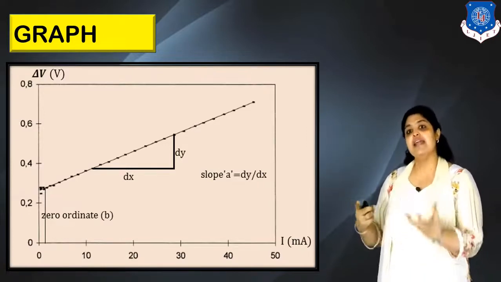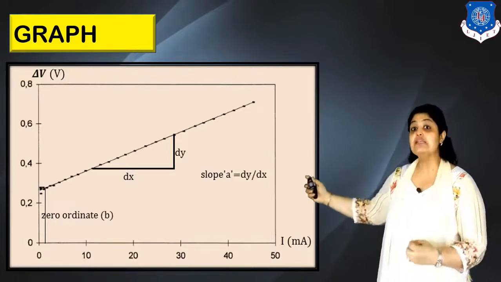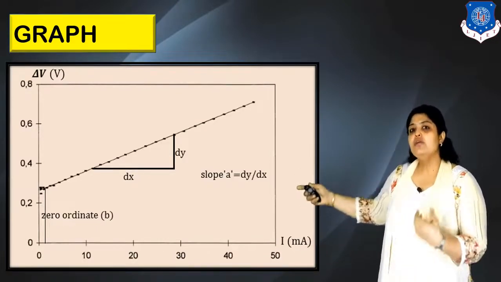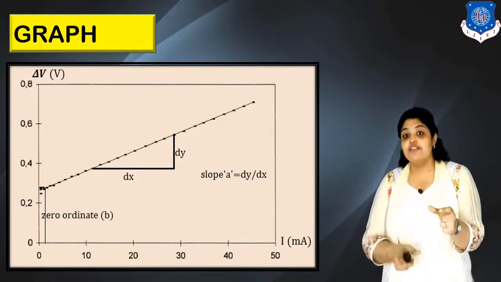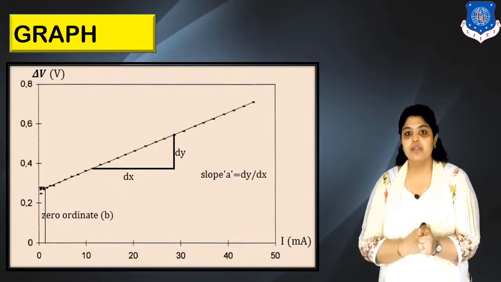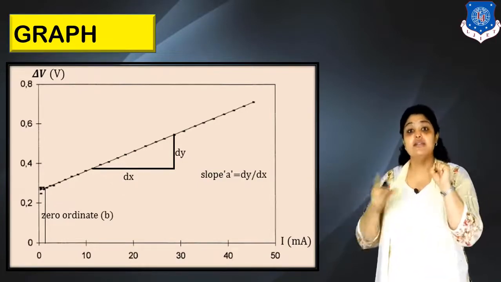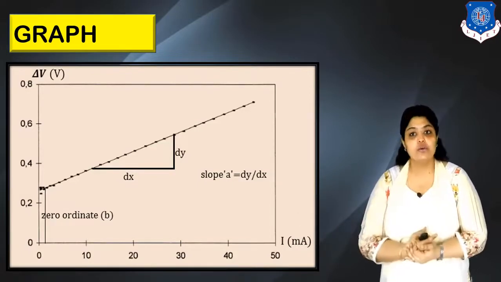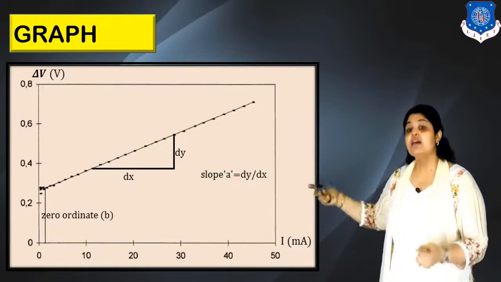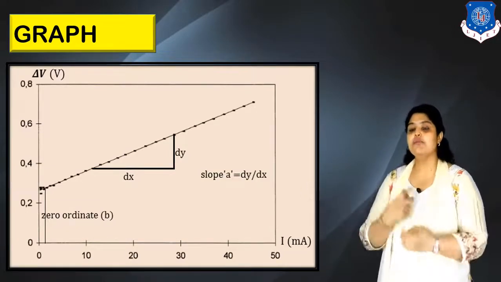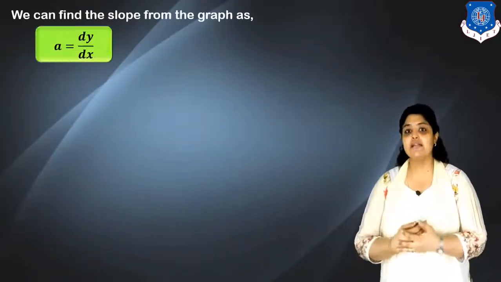From this straight line, we can extract the slope of the straight line. There is one more term in the graph, you can see zero ordinate. What do you mean by the word zero ordinate? Zero ordinate means a value for which the x coordinate is 0. So zero ordinate will be a point present on the y-axis, which has x coordinate equal to 0. So I have labeled slope as A and zero ordinate as B. These two can be calculated from the graph we have plotted. Let's see what happens if we determine slope and zero ordinate.